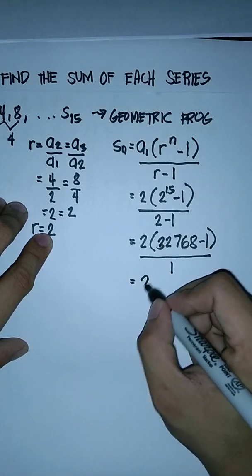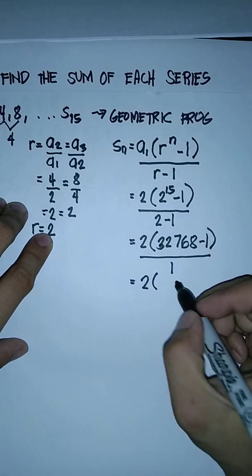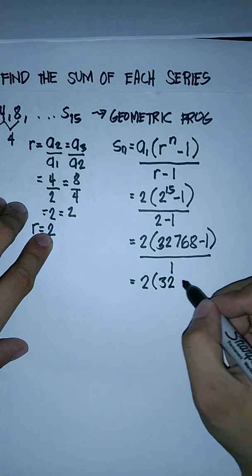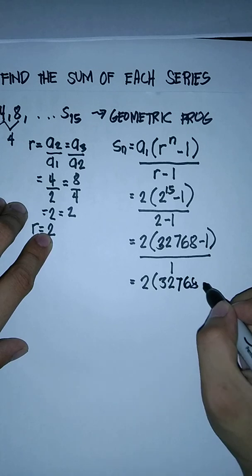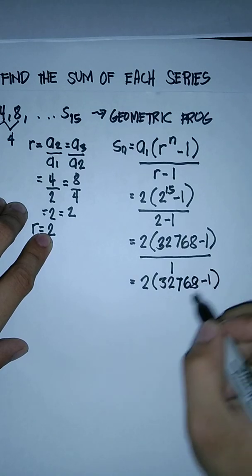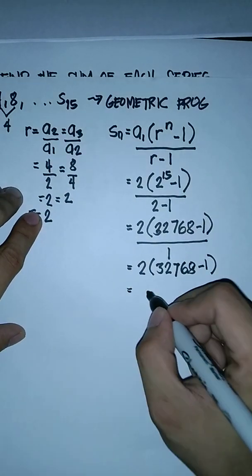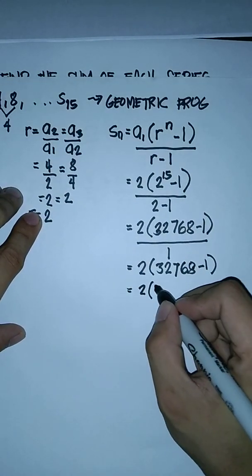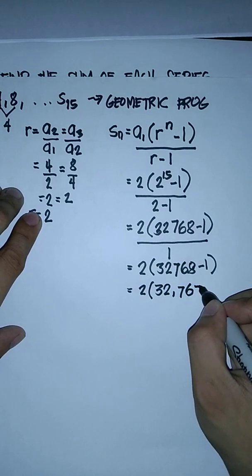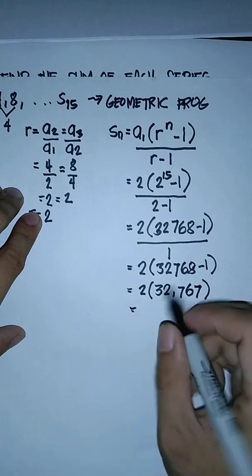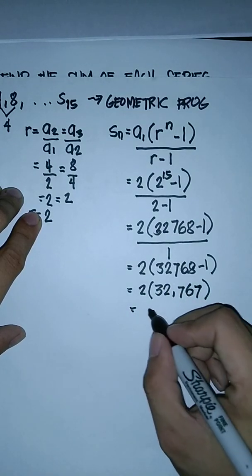So, we will have 2 times, akin na itong ito-subtract, we will have 32,768 minus 1. Next simplification, we will have 2 times 32,767 and 2 times 32,767, we will have